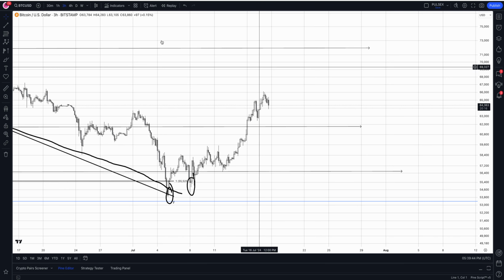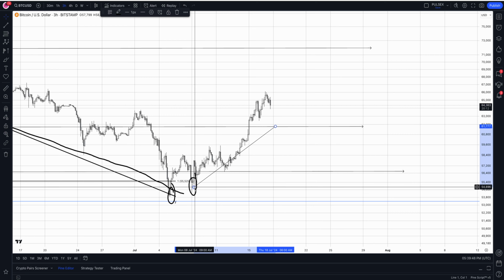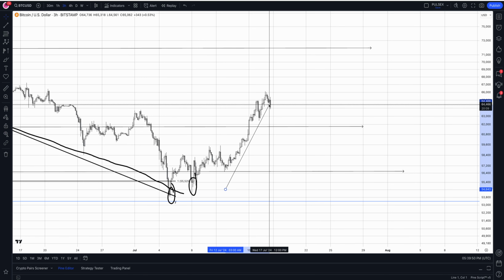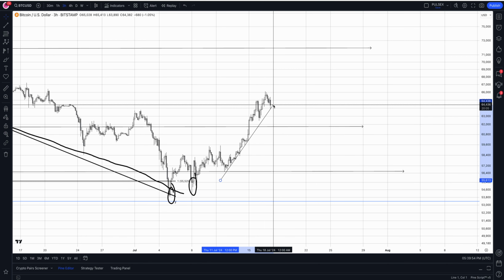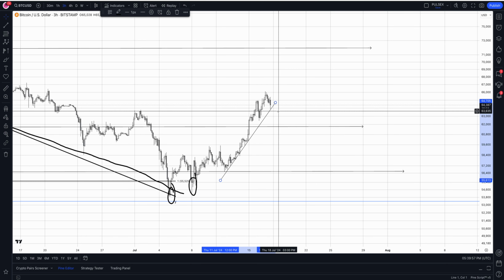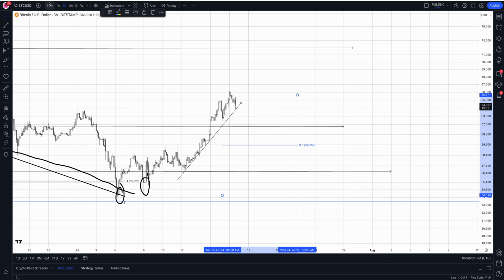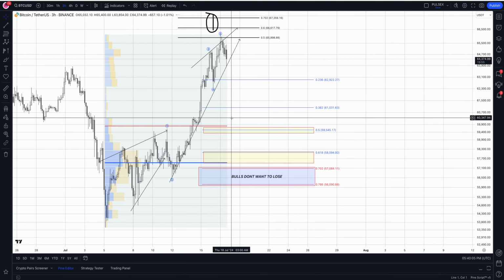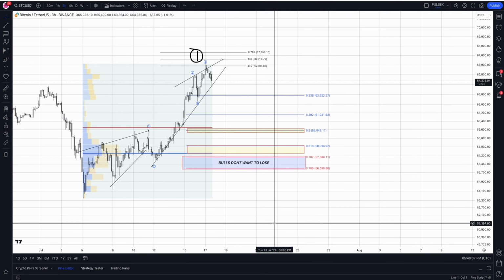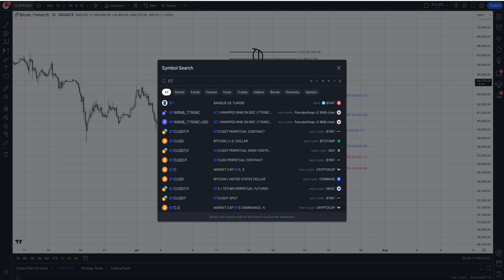But it wouldn't surprise me we see a little bit of a throwback as people are getting a little bit too excited here with this run up, just so we can flush out some over leveraged longs within the system. So if Bitcoin breaks this trend over here, it wouldn't surprise me we see a little bit of our move down right over here. Okay, these are the fibs. Before we see more continuation to the upside,